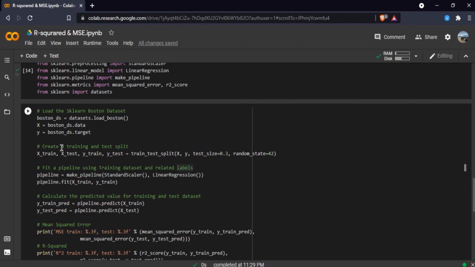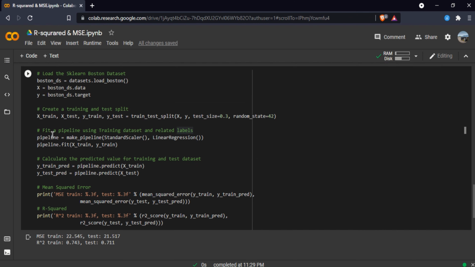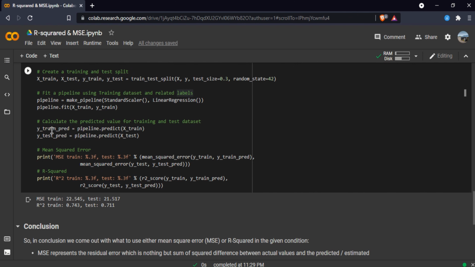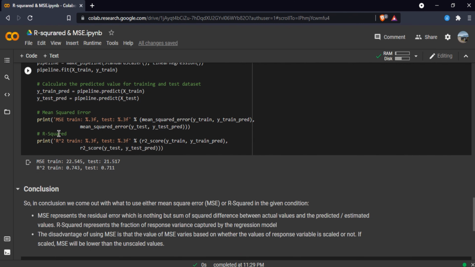First, we have created a training and testing split. Next, we have fitted the pipeline using the training dataset and related labels. Next, we have calculated the predicted values for training and testing data. Now, for the performance, we have first used mean squared error, and then R2 score to get the value.